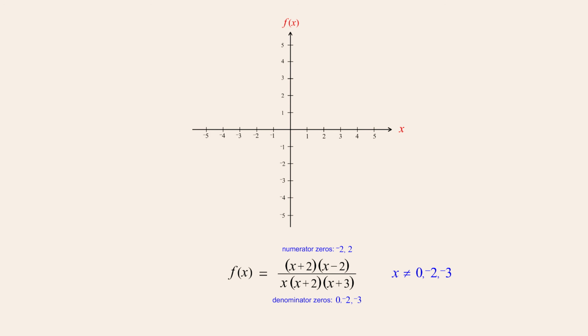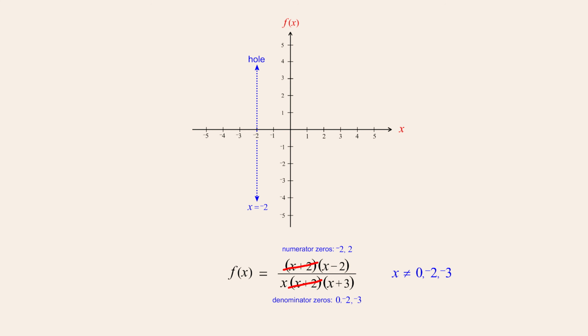Now we can check for identical pairs of numerator and denominator zeros. Since negative 2 is a 0 of both the numerator and denominator, we know that the graph has a hole somewhere with an x-coordinate of negative 2. We can now simplify the function by eliminating the pair of numerator and denominator factors that produced the hole, as long as we keep negative 2 excluded from the domain. Failing to exclude negative 2 would eliminate the hole, thus producing a different graph.